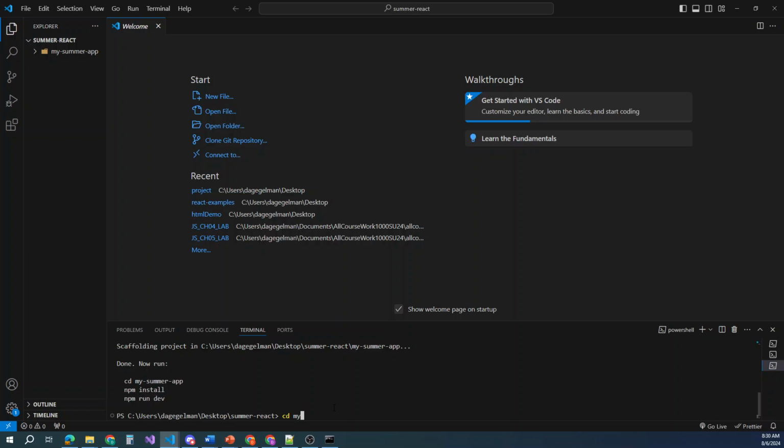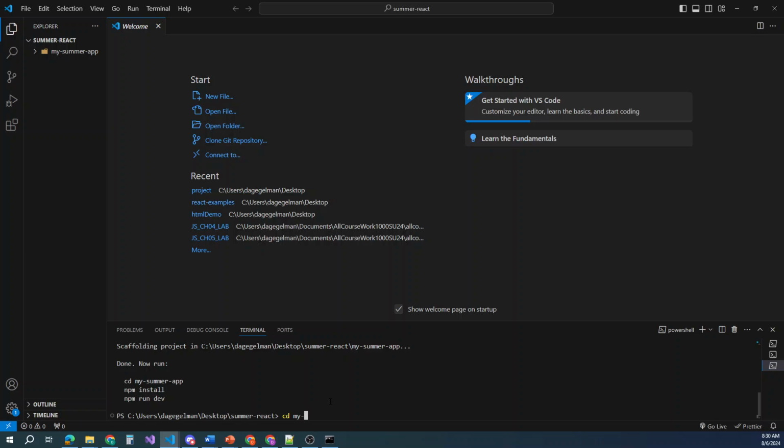So we're changing the directory right now. We're showing that we're in the desktop, Summer React, and that's our main folder here. Well, now we want to CD, we want to change our directory and go into the app we just created. So you're going to go into whatever you named it,